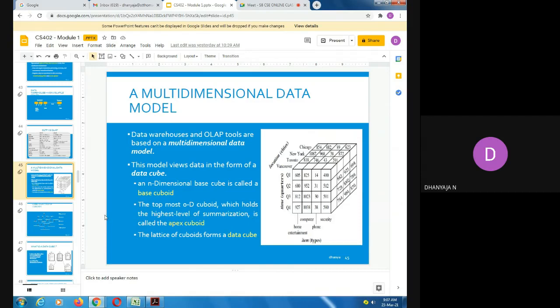So these are the main operations in the multidimensional data model. It's very important. Once again, I'll repeat. The main operations in the multidimensional data model are drill down, roll up, pivot, and slicing. Drill down means along a concept in the concept hierarchy, I'll go down.